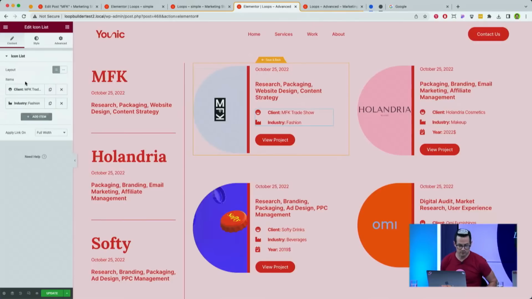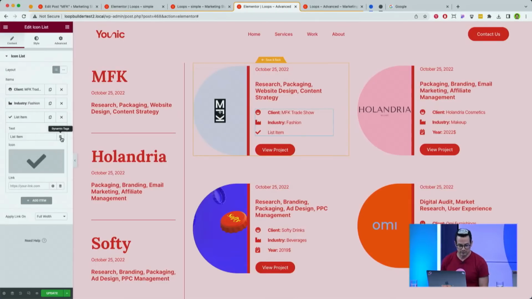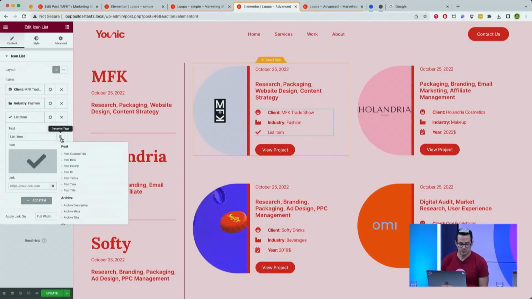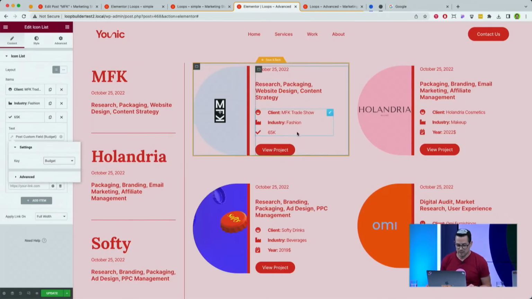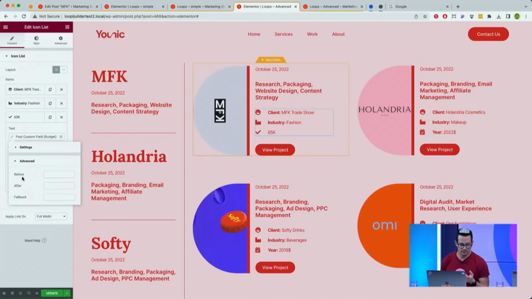If, for example, I use the icon list again, any widget that has an icon and the icon of the dynamic tags will work. If I used a third-party plugin, it would probably be at the bottom, but I'm using the native custom field, so I'm just choosing post custom field. And as you can see, all those fields that I created are populated here. So I'm going to go with budget, okay? And right away you can see it shows the budget of the project. But obviously I can go and add